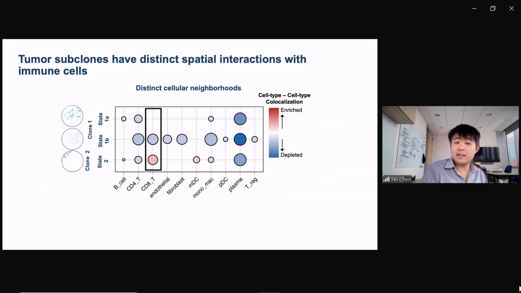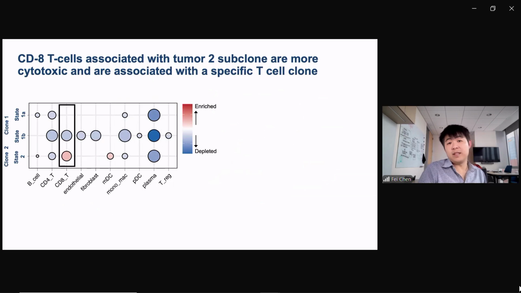And so CD8 T cells in particular were enriched near one tumor clone, which actually piqued our interest. We then performed TCR sequencing, here using 3' 10x, and we enriched out the TCRs and did long-read sequencing. But these days, more and more, we just use 5' profiling that directly allows us to access the CDRs.